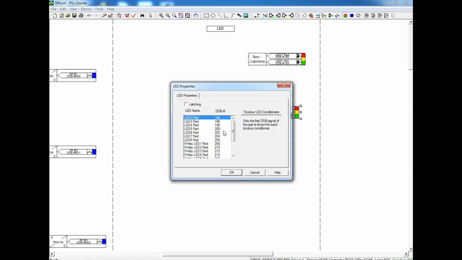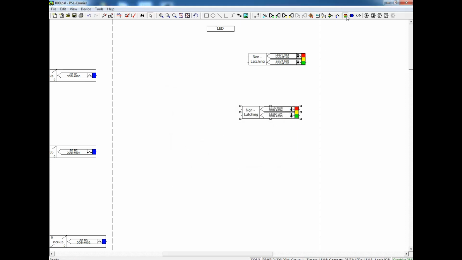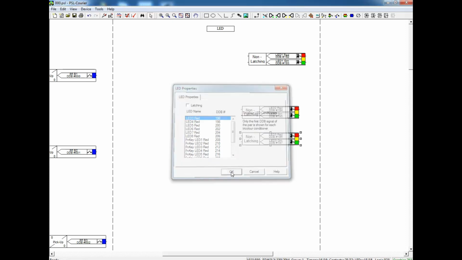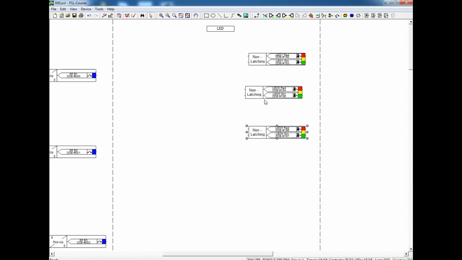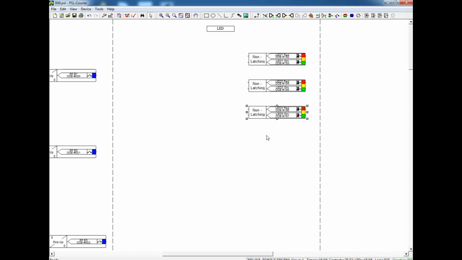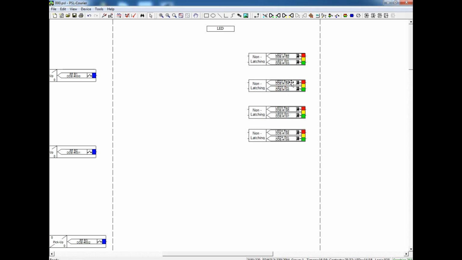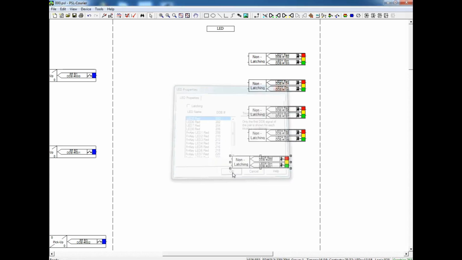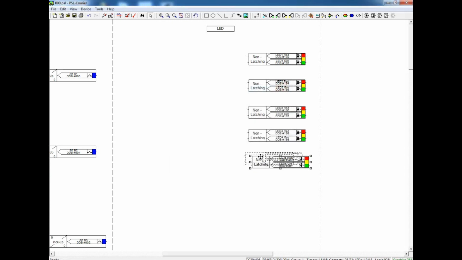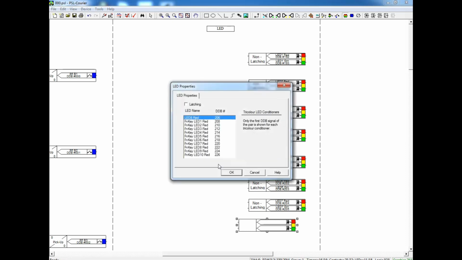This LED you can get from the top menu. Here we can see the 8 LEDs. I am going to use all the LEDs.